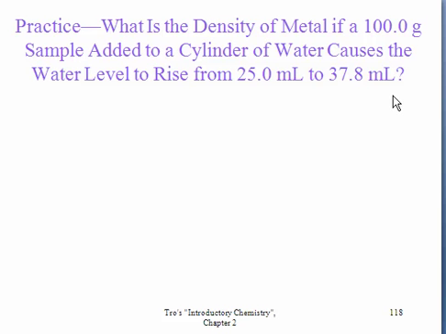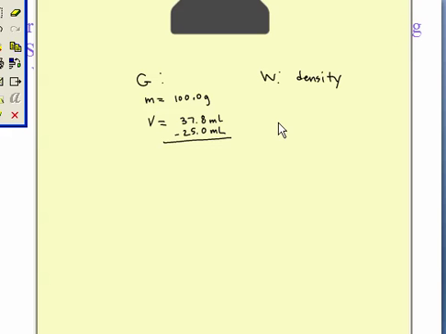Okay, so pause this lecture and see if you can work it out. And when you're done, start it again and I'll work it out and we'll see if we're on the same page. Okay, so the first thing that I do is write down my given and my wanted. I want the density, and I'm given the mass and the information to calculate the volume. This is a displacement, so we've got to subtract,